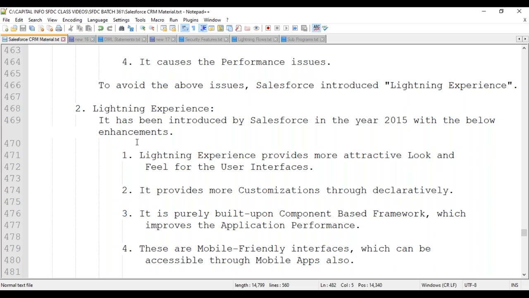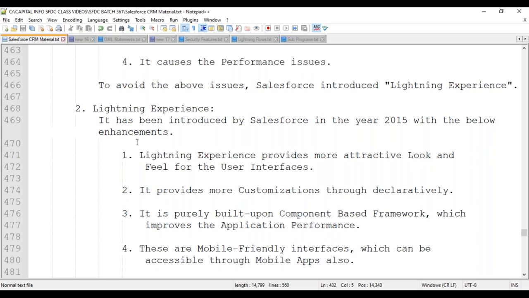From 2000 to 2015, for 15 years, we had a purely classic user interface. During this time, so many people built their own applications using the features available then. Still, people are continuing with those same features. Slowly, people are migrating from Classic to Lightning Experience nowadays